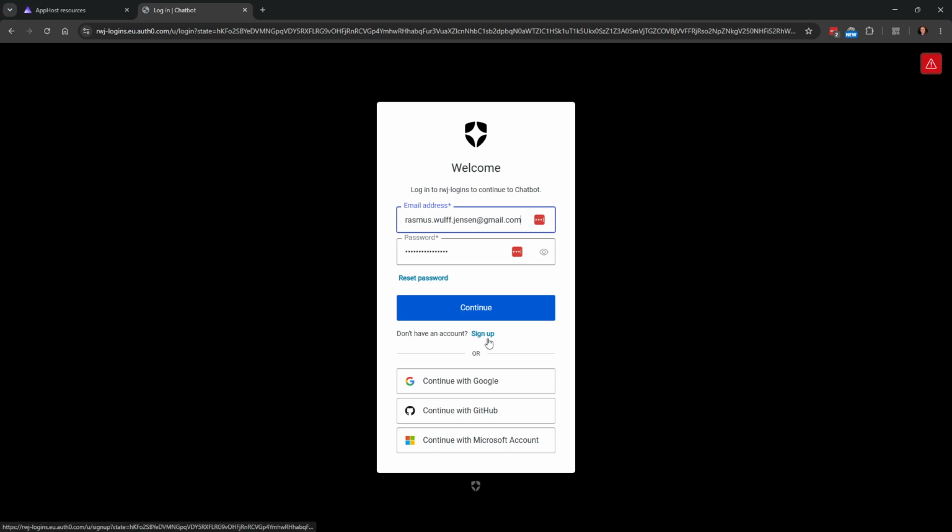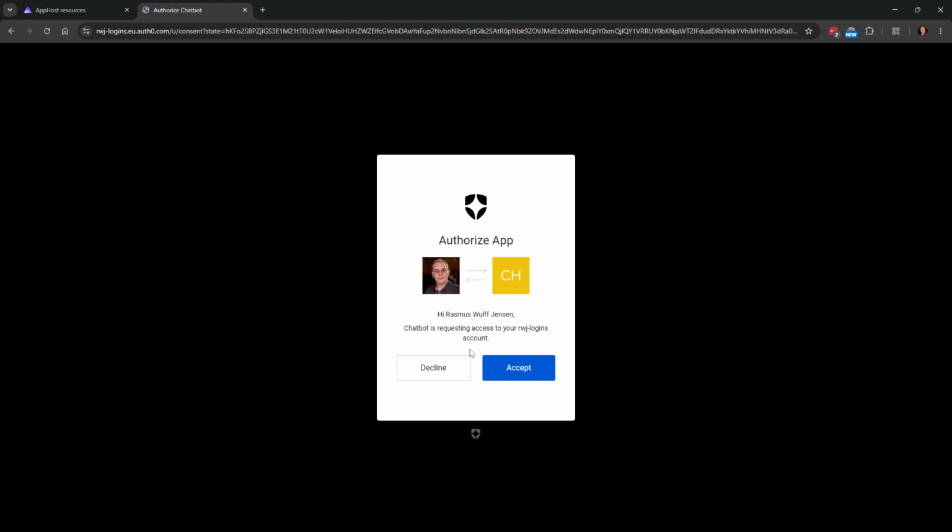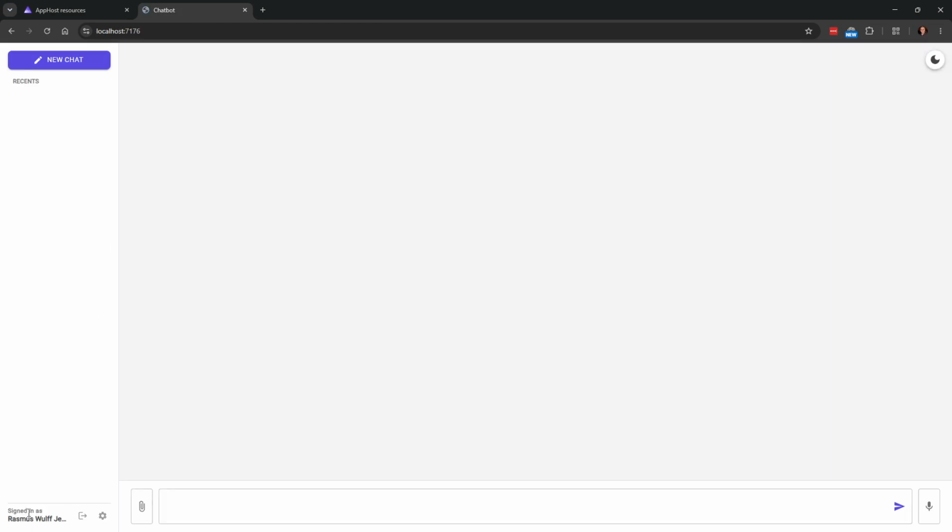You can either sign up for just a username and password, or use your Google account, GitHub account, or Microsoft account. And I haven't really written any code in order to do that. That's the beauty of Auth0. So if I want to log in with my GitHub, I can do that. Normally it will pop up with login information, but I have already authorized here, so I just need to accept. And now I'm in with my GitHub.